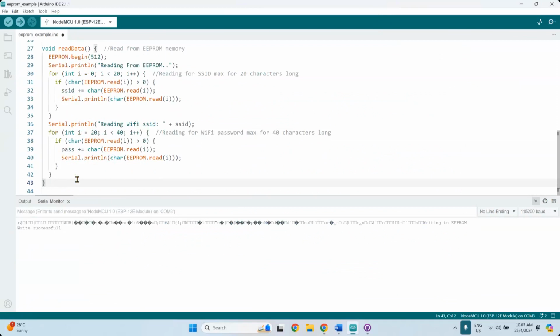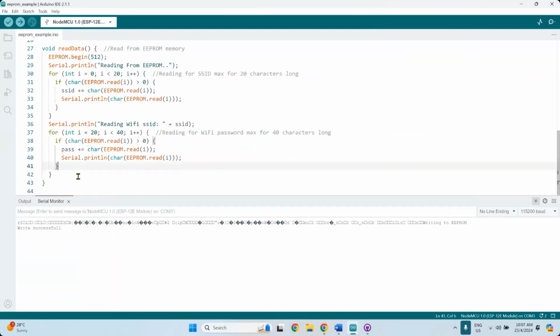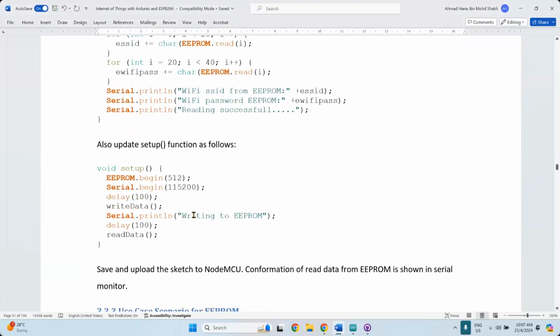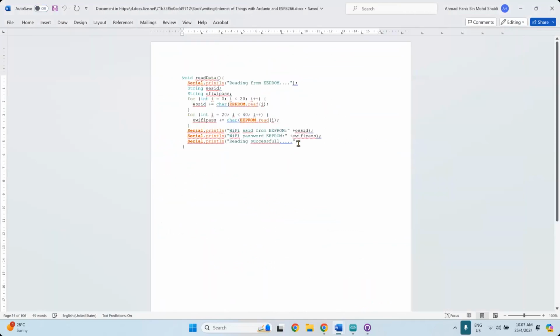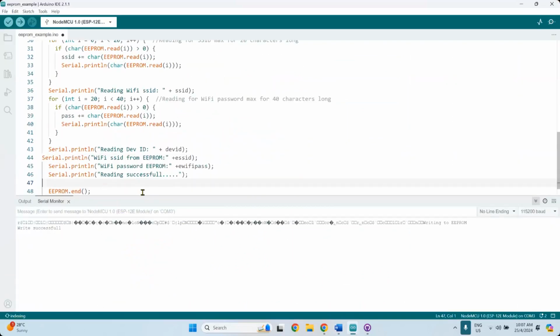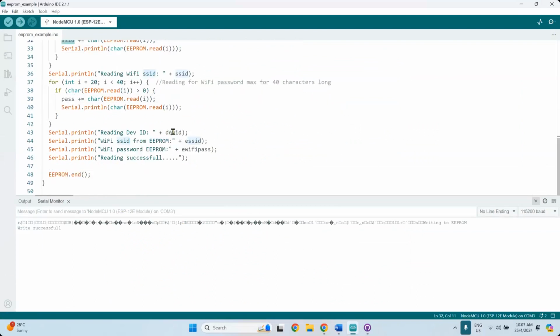Okay, is read, and then I'm going to print out the value. So this is SSID.